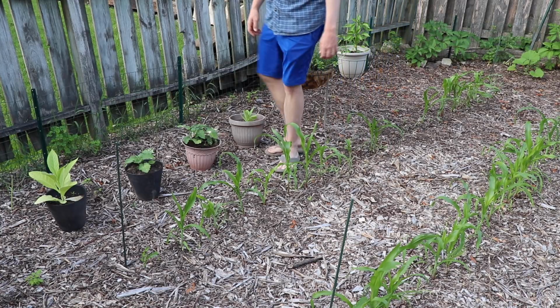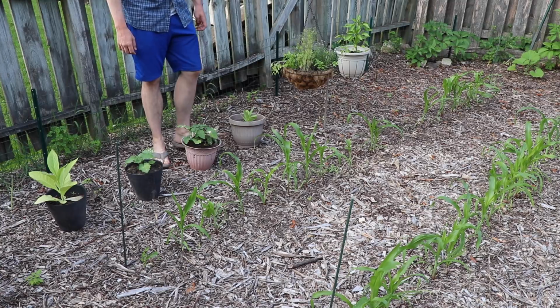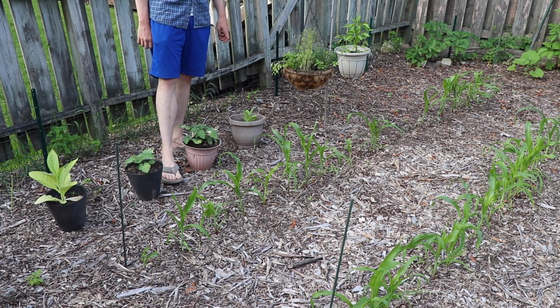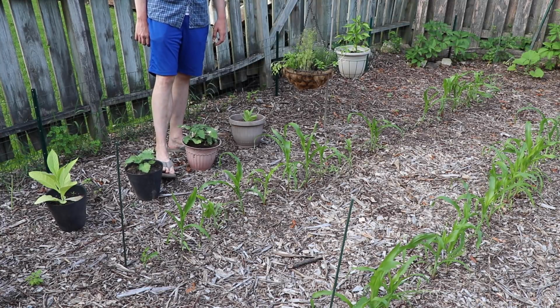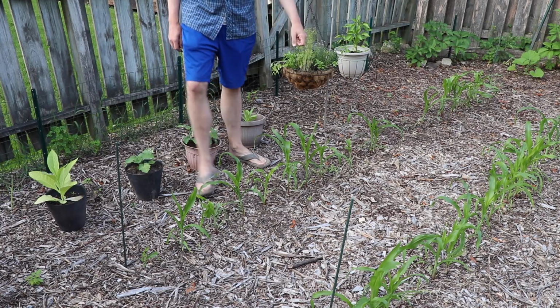Over in this section, I found 2 volunteer Aunt Molly's ground cherries. That's what these are, right over here. And so I dug them up and I put them in a pot, and they took just fine after a couple days being wilted. Now they're growing. Fun fact,